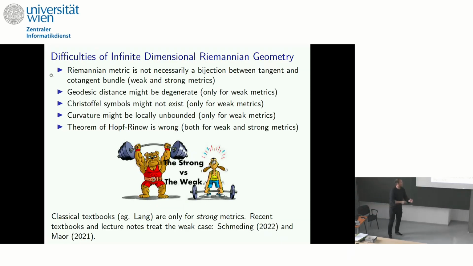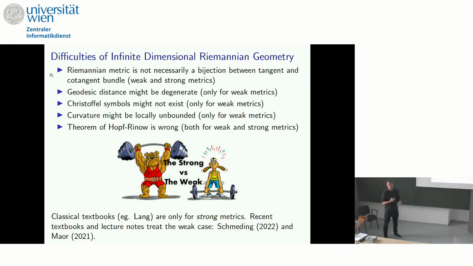Okay. So what are some of the problems in infinite dimensions? The first thing is, and I will try to show you some specific example for all of these wrongdoings. So the first one is that the geodesic distance might be degenerate. What do I mean with this? Usually we will see it in more detail, but it means that some Riemannian metrics in infinite dimensions cannot be used to compare anything, because it will say that they are all the same. This is really a phenomenon that only happens for weak Riemannian metrics, but not for strong Riemannian metrics.